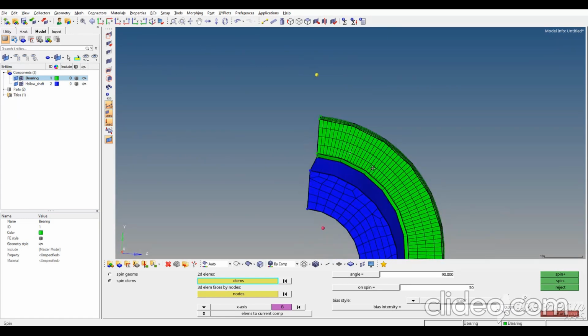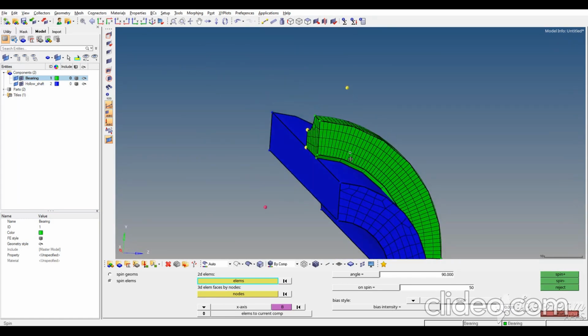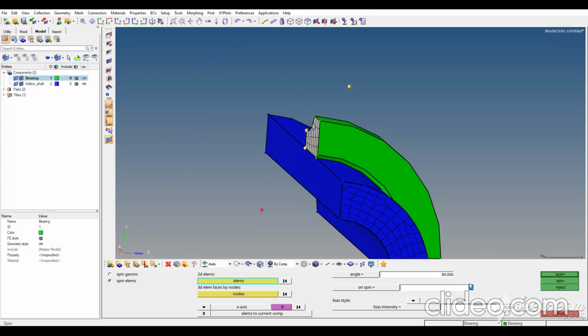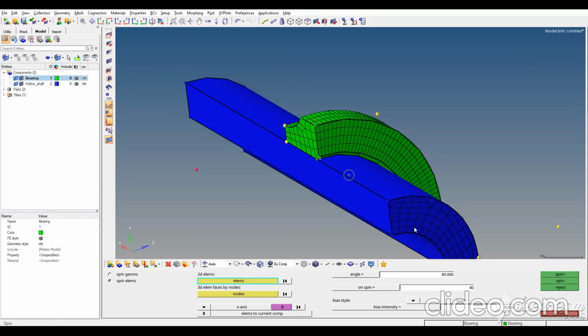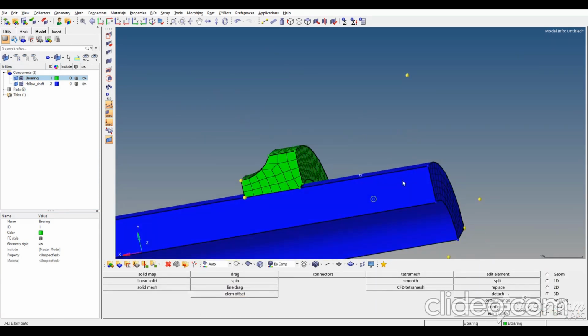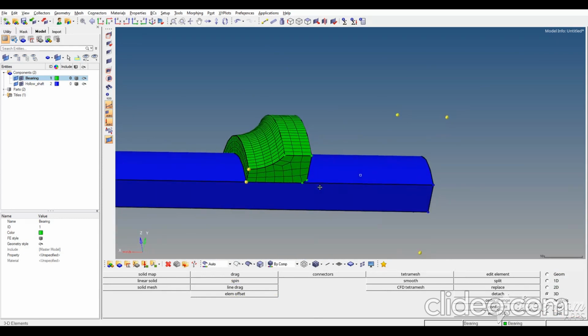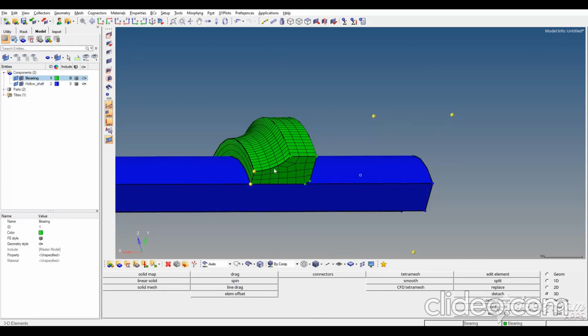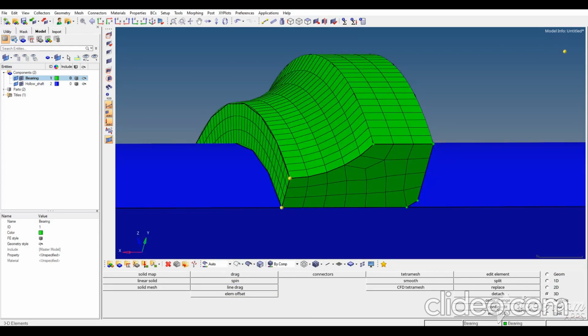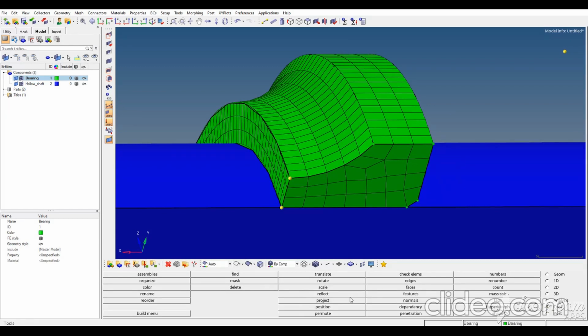Okay, we can edit the mesh a little bit by increasing or decreasing the on spin. So it looks fine to me. So we are going to reflect all these created nodes by going to Tool, Reflect,